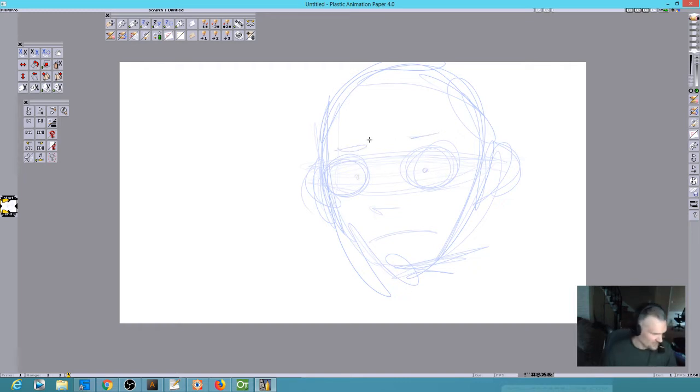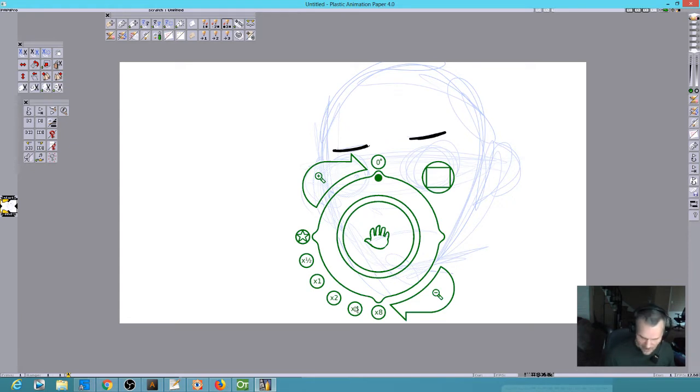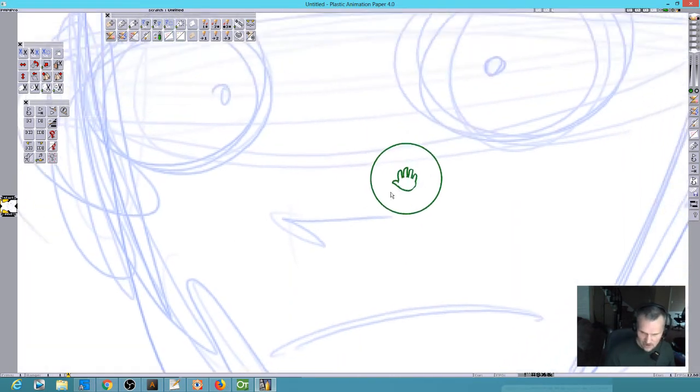Okay, and then if I hit F6, it's going to switch to a black marker instead of a blue one. And if I hit F5, it switches into eraser mode. So the thing that's cool about Plastic Animation Paper is that for basic pencil tests and basic inking, it's actually a very, very complete program. And the reason it's worthy of note is simply because